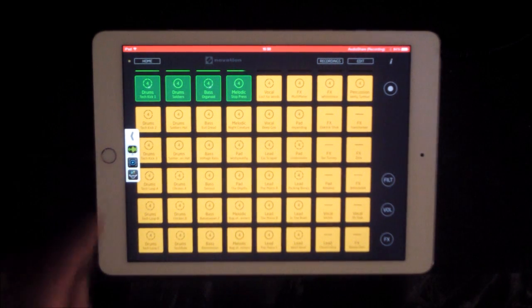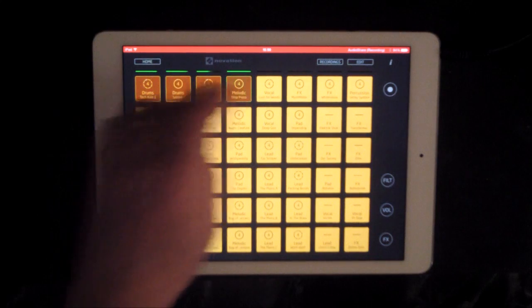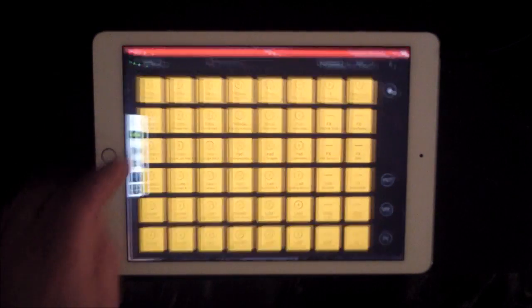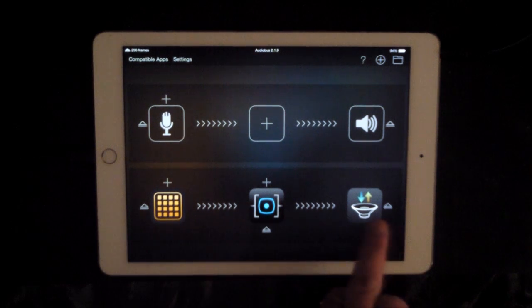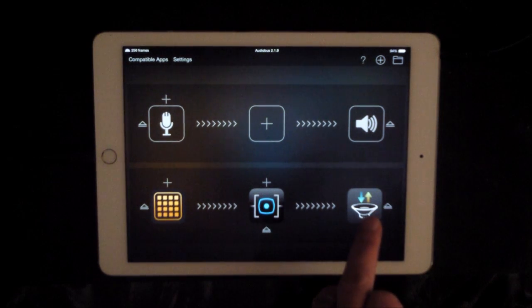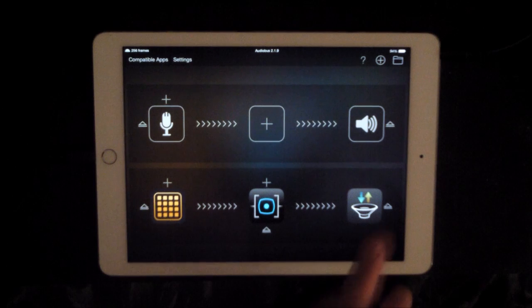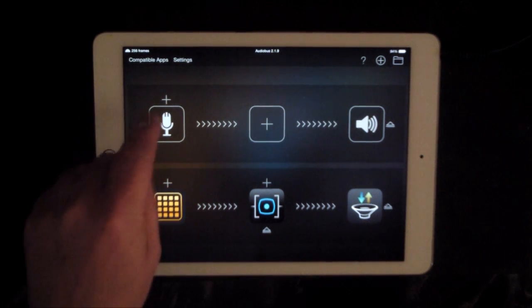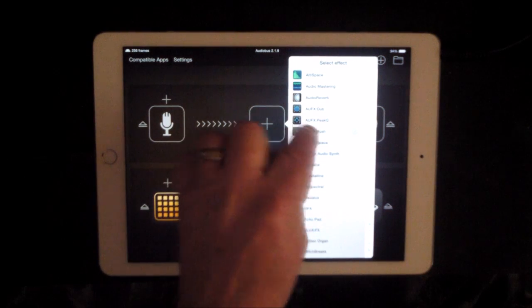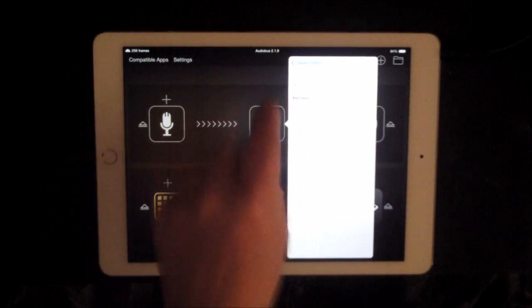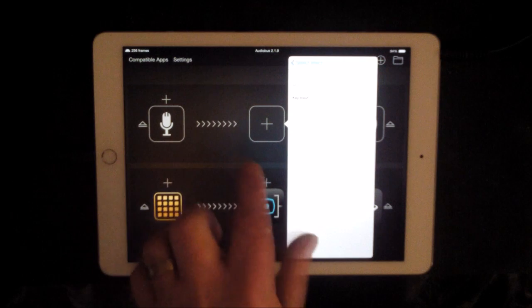Okay. So back to audio bus. So you can see what we're doing here. We can hear Launchpad because it's been monitored and going to be recorded with audio share as well in a sec. And then for here, we're going to hit this little information here on Kymatica Push